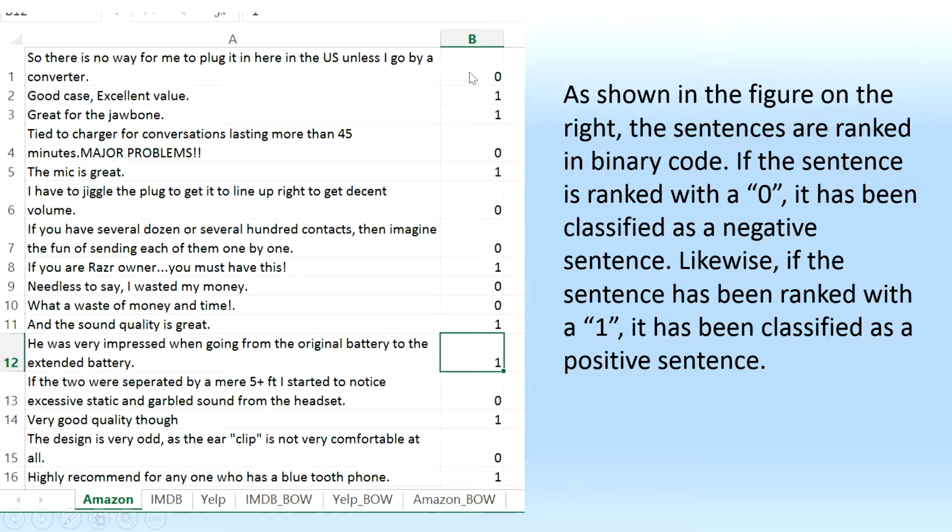So for example, if you see number 0, it implies that the sentence has a negative correlation, whereas a 1 implies a positive sentence or a positive review. So we obtained this from the course website, and it's simple code, and we did this through all Amazon, IMDb,